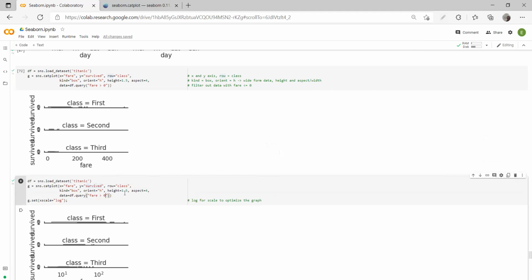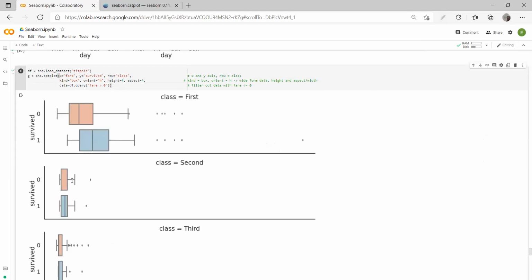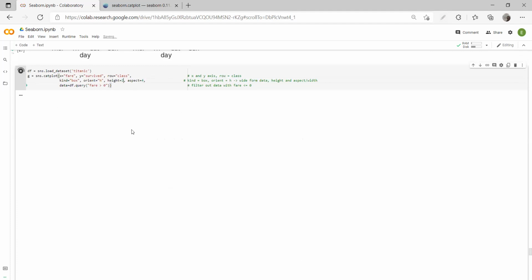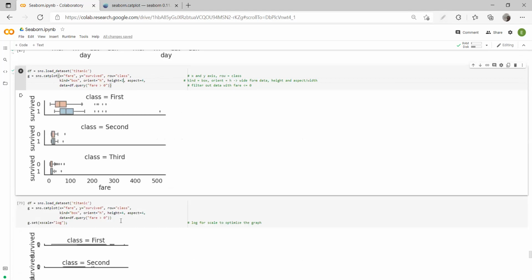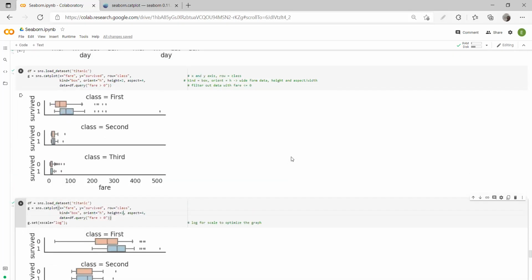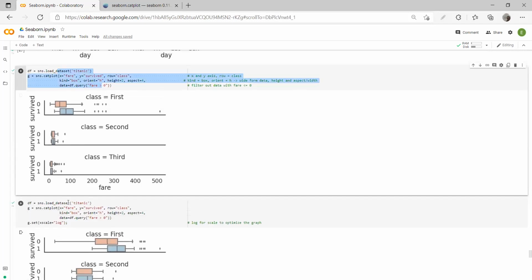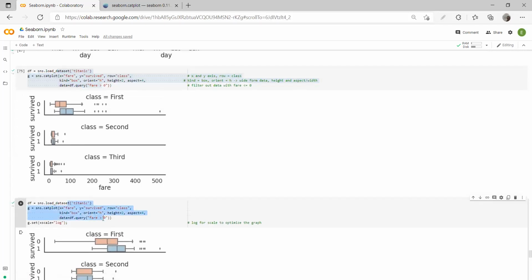I think some parameters have gone wrong, or sometimes the things that work better in a Jupyter notebook don't. Yeah, some parameters behave crazy. Let's make a height of 2. Some parameters behave crazy over here. That's okay. So in this example, the above piece of code and this piece of code are exactly the same.